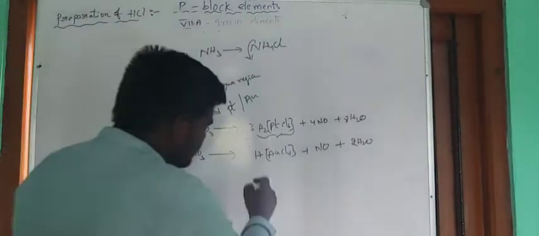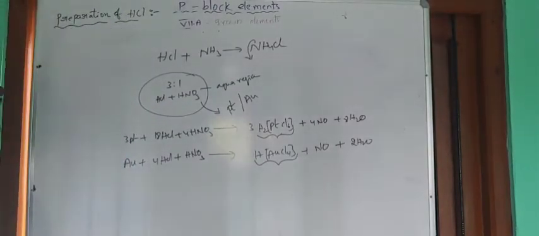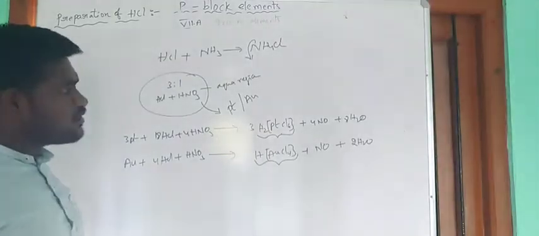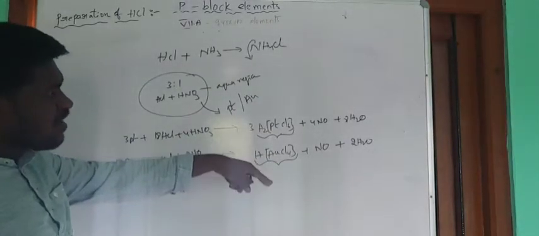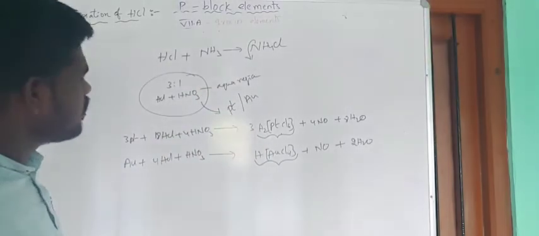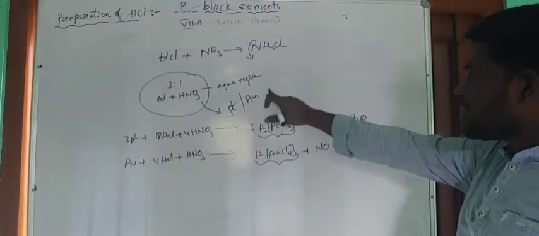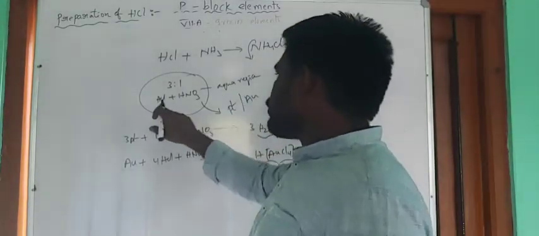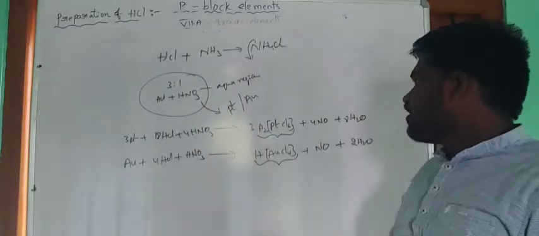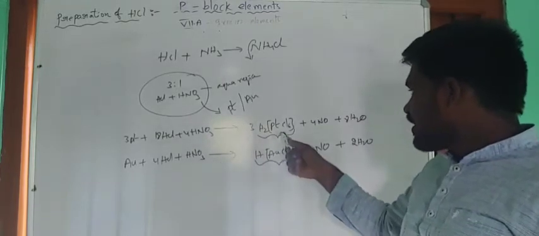So due to the formation of these metal complex salts, platinum and the next one gold, both are soluble in this aqua regia. Such kinds of complexes are not formed by platinum and gold in other solvents. So these two, platinum and gold, only can dissolve in aqua regia. Aqua regia means a 3:1 ratio mixture of HCl and HNO3. So in this mixture, gold and platinum both dissolve due to the formation of the complex salt.